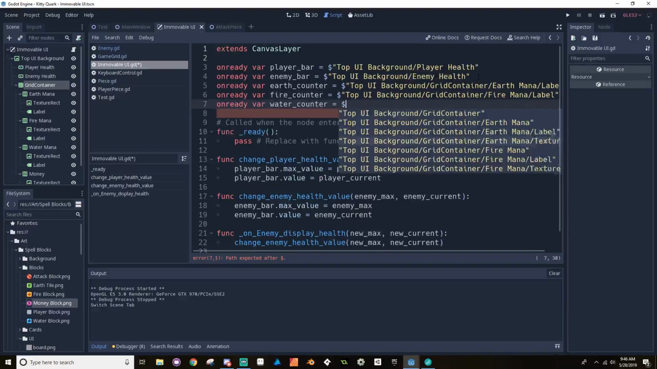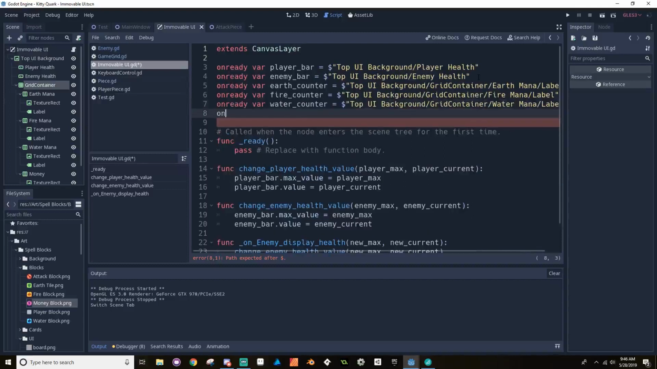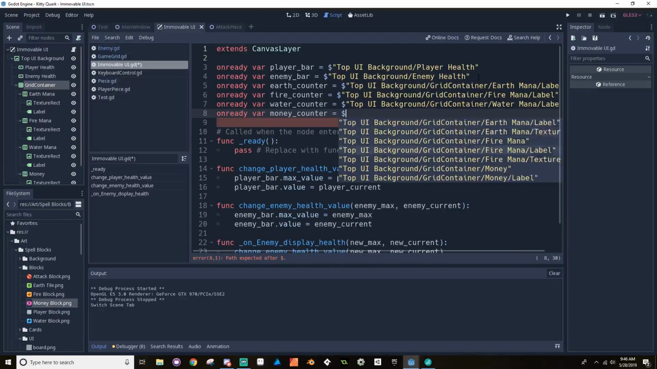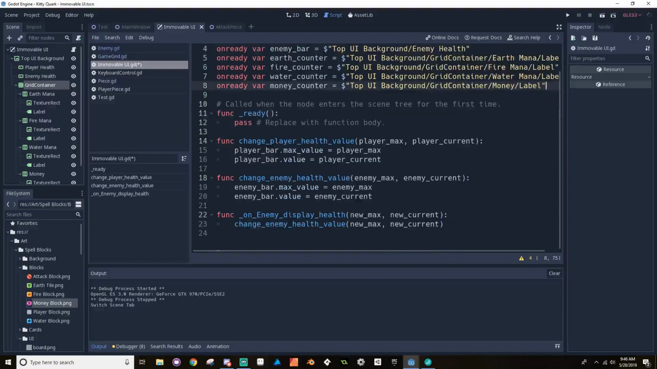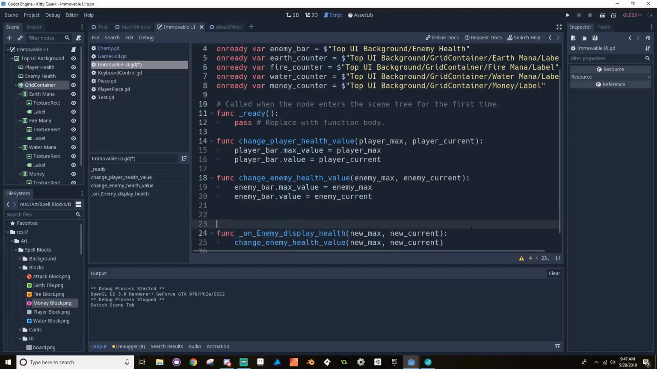And water counter is water mana label. And money counter, money label. All right, cool. So just making sure I'm not ignoring chat here. So there we go. All right, now I'm going to